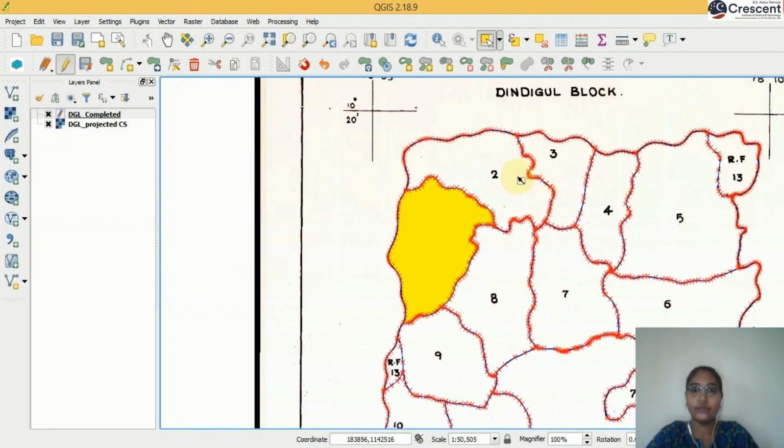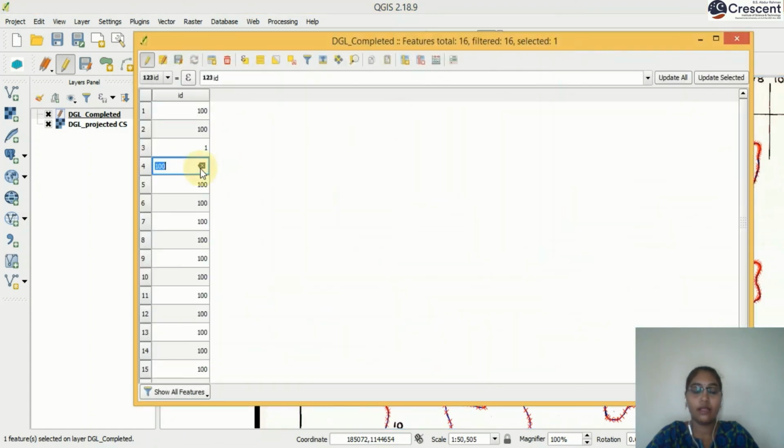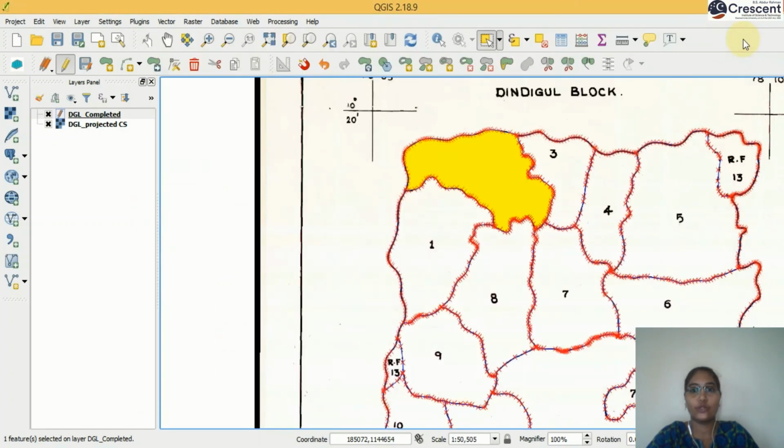Once again I'll tell you. Using the attribute toolbar, click this button, select features, click this polygon 2, click open attribute table, enter 2, press enter, close.